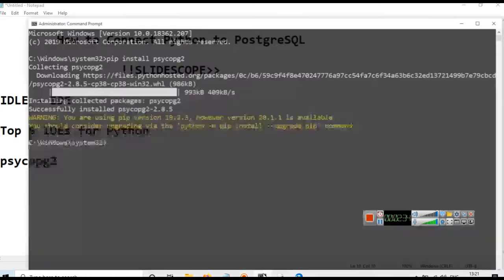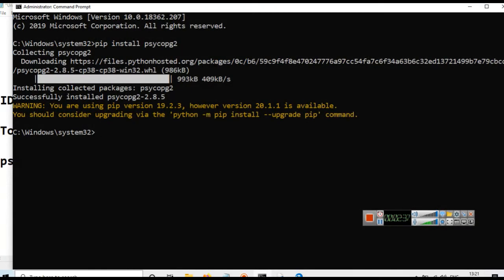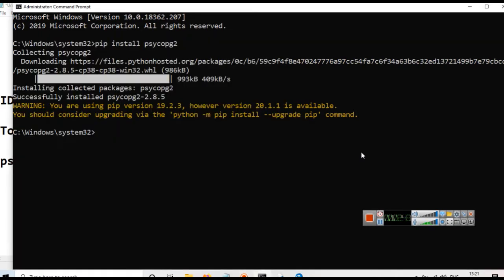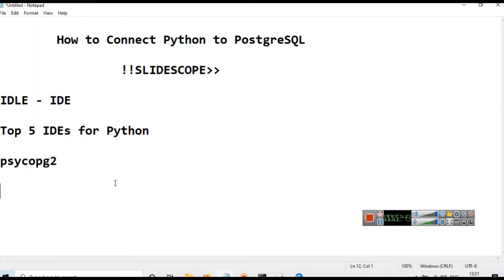To install this, you just have to open your CMD. Make sure you open your CMD as administrator, and in your CMD you have to write this command: pip install psycopg2.